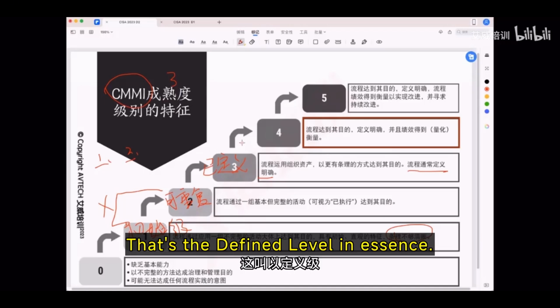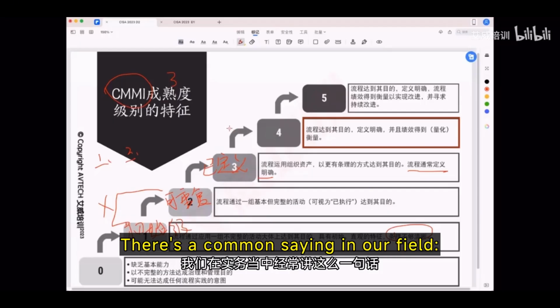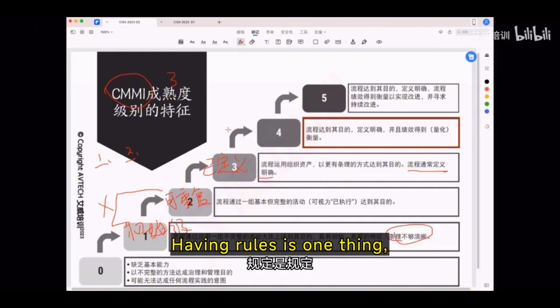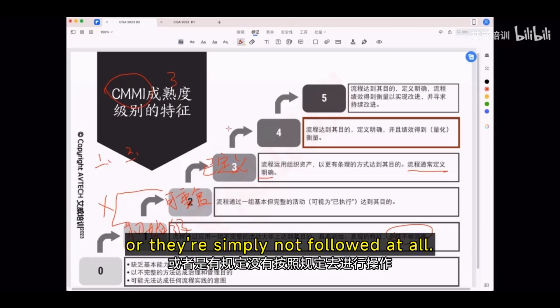That's the defined level in essence. But does being at the defined level really mean we're doing a good job? There's a common saying in our field, you know what I mean, having rules is one thing, following them is another. So what's the point here? Sometimes rules exist but aren't properly implemented, or